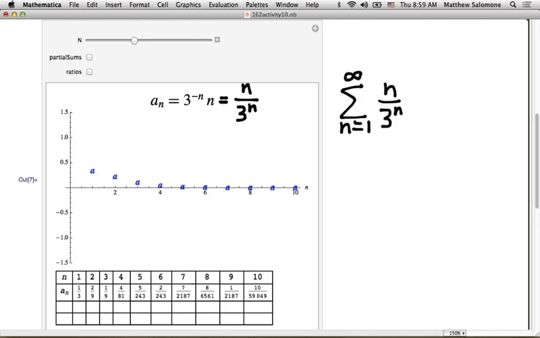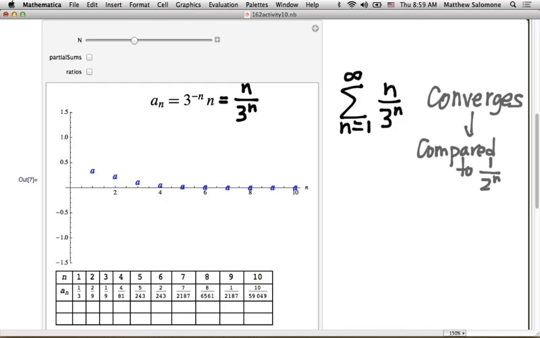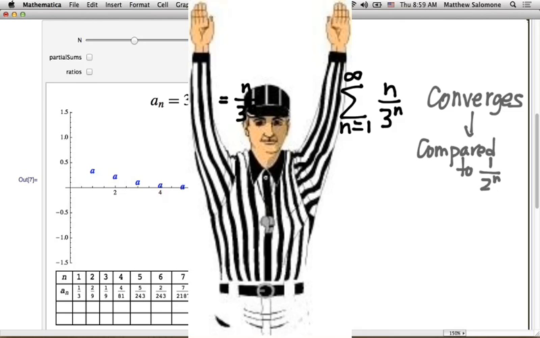converged or diverged. First of all, what did it turn out that this series did? Converge or diverge? When we applied the comparison test to it, this one converged, right? But in order to make that comparison, we ended up comparing not to something that looks exactly like it, but we had to lower that geometric factor in the denominator to 2. So we compared this to 1 over 2 to the n,